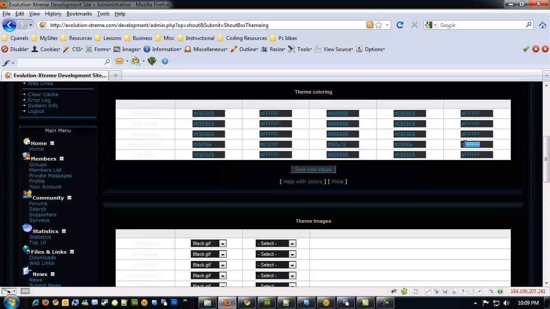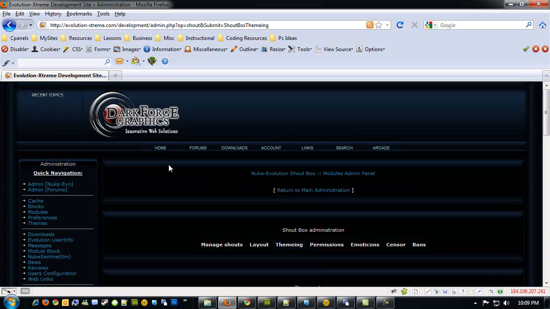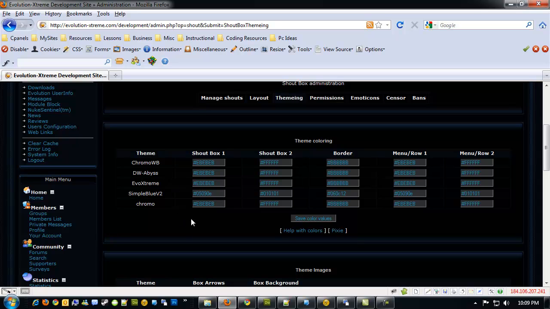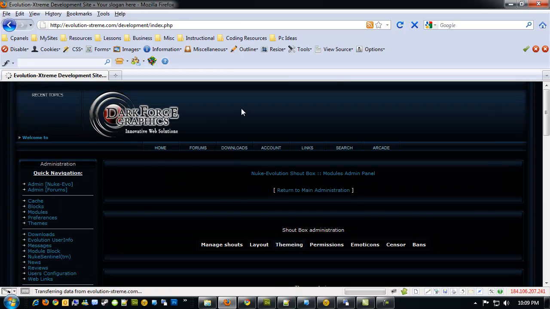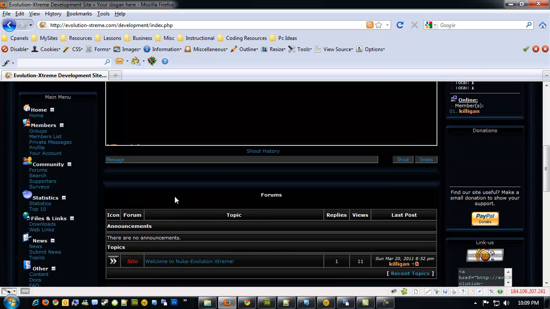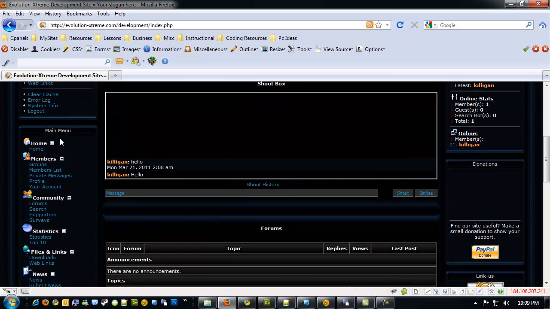There's probably a much faster way to do this, but we can just click Save Color, and now our Shoutbox admin actually looks good. Then you can style the other ones. Just come in here into that theme, and you have a nice little rollover there. Then when you go back to your main page,